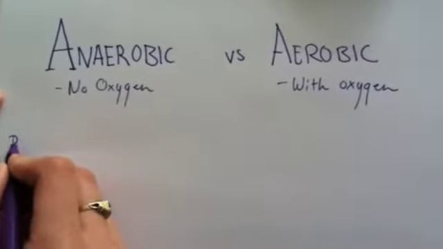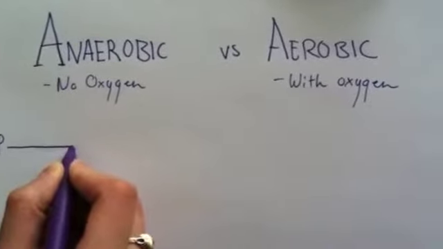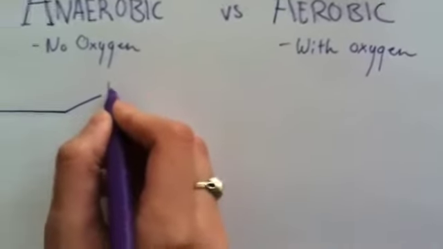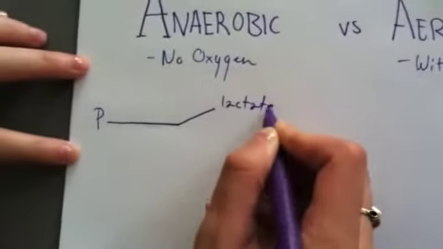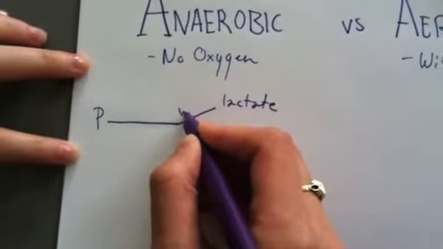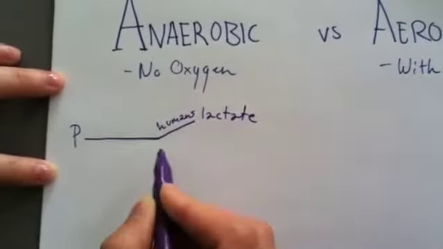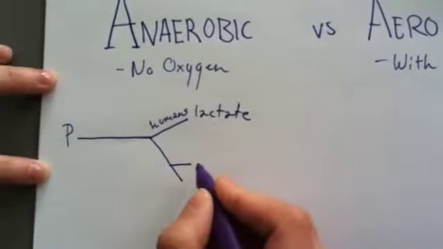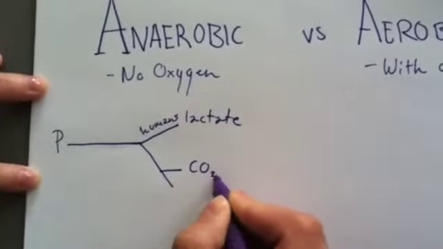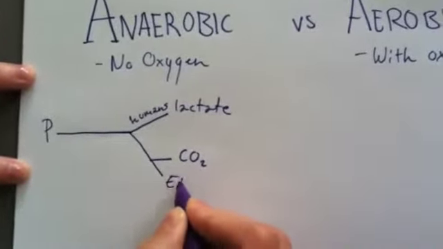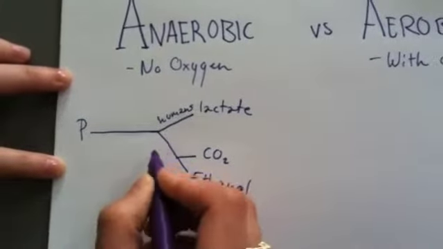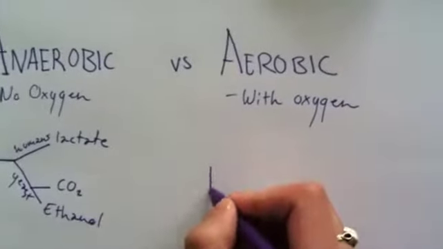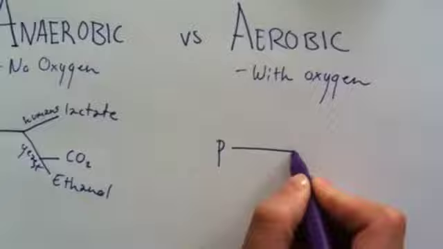When that happens, after glycolysis, which we are going to say something about later on, we have pyruvate, and then the product is lactate for humans. And if we take yeast in an experiment, for example, you will get carbon dioxide and ethanol. So, when you have aerobic respiration with oxygen, you will get